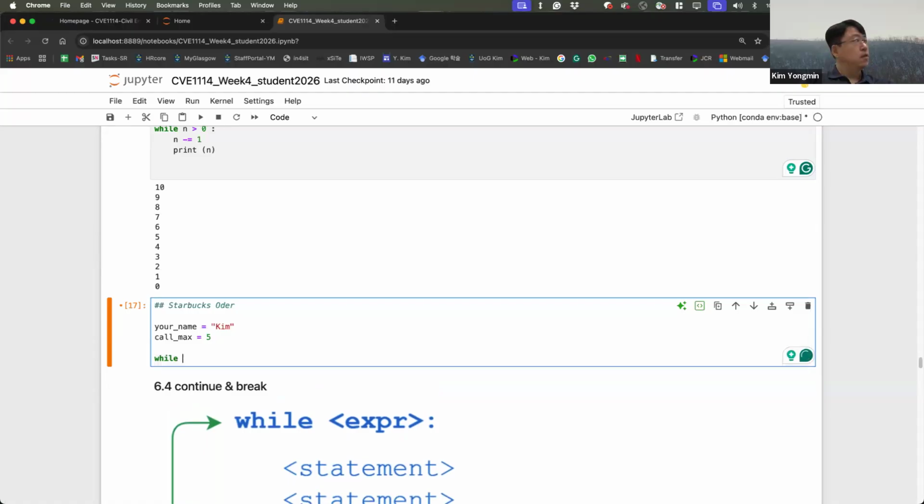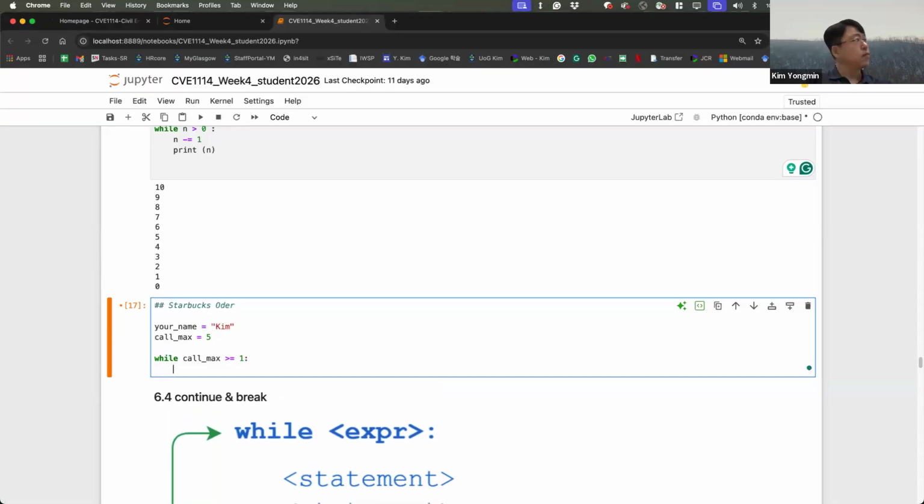While call max greater than 1, print: Hey customer, your order is ready.